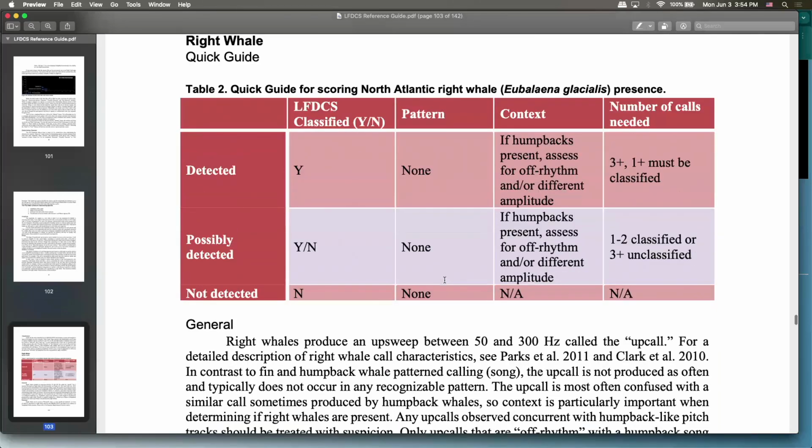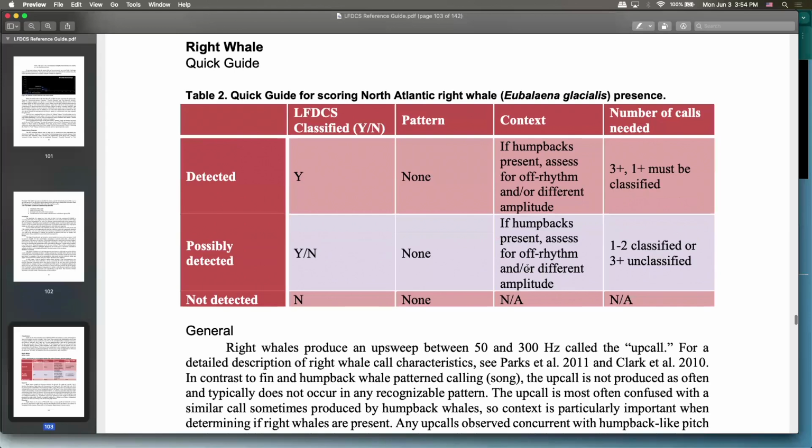Starting with right whales here, we have a table like this. They're in different colors for each species. These are our quick guides that are very easy to glance at. I usually advise analysts to take screenshots of these quick guides and have all 4 readily accessible, because they're nice to check yourself to make sure the way you're analyzing is fitting into the protocol. So you would read this as: to score a 15-minute period of pitch track data as detected for North Atlantic right whale,